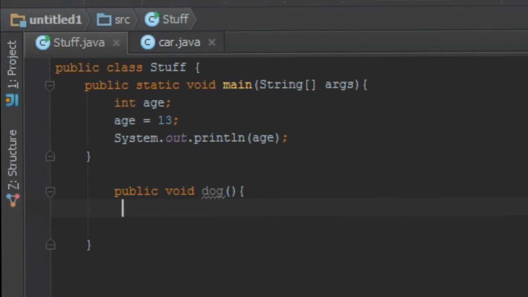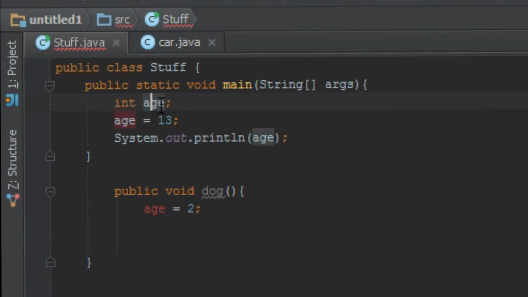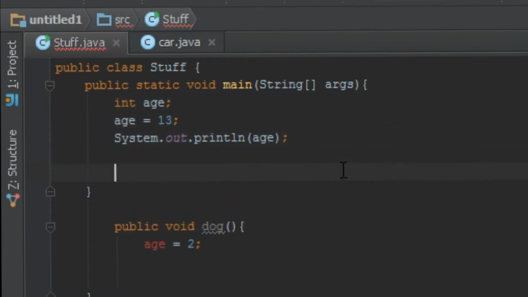Okay, now we're gonna try and use int age. Age equals 2. That's really weird. We can't use age. Why is that? Because age is inside main and cannot be used in other methods besides its own method. So age has to be there. Now, this is a local variable and it can only be visible within its own method body. So I can change it here, but